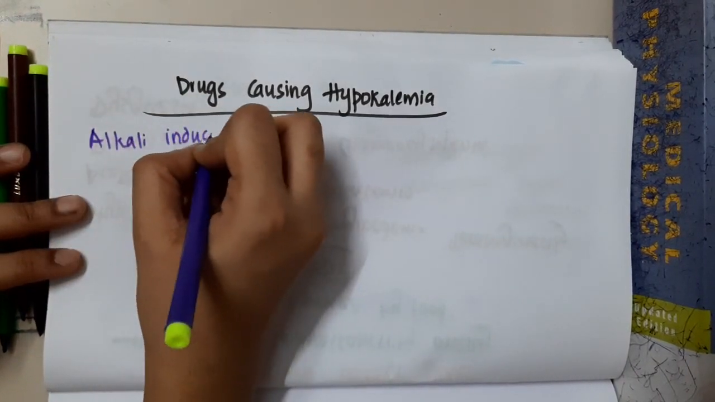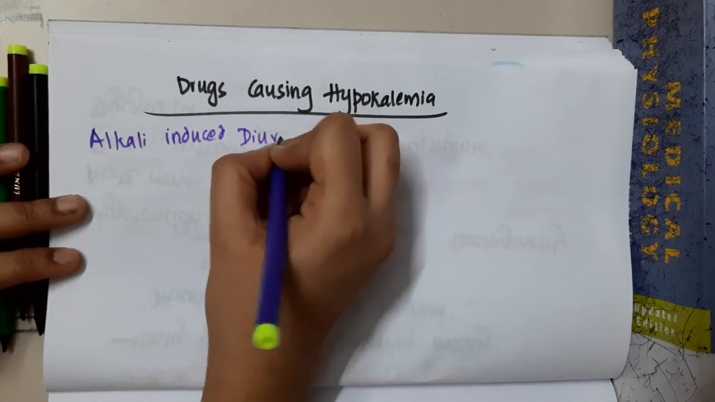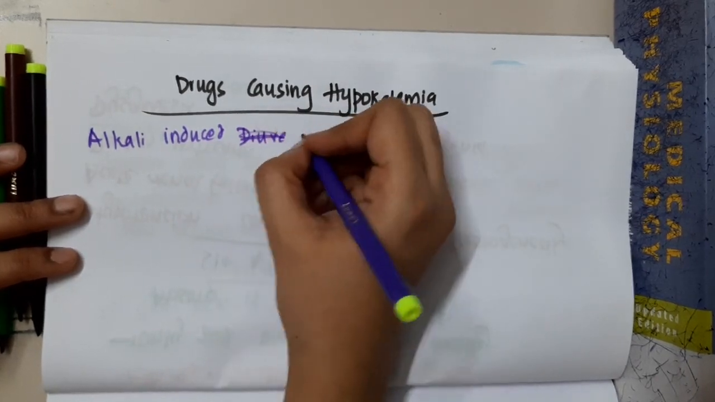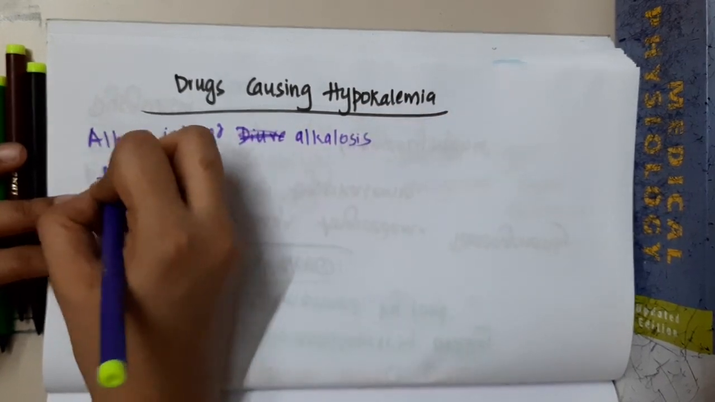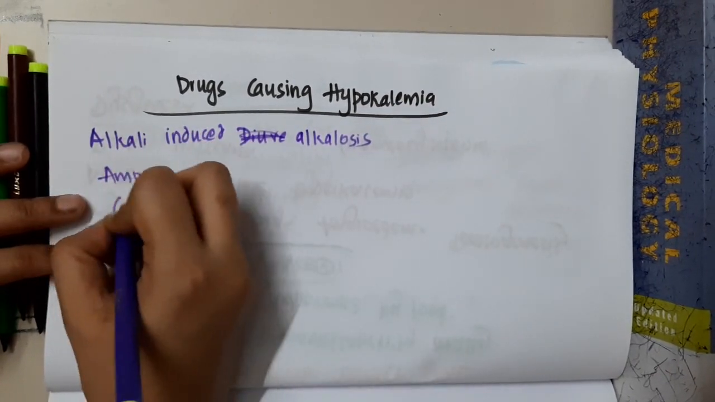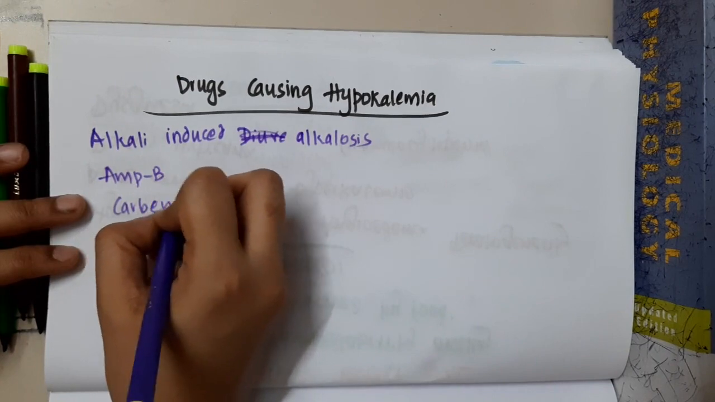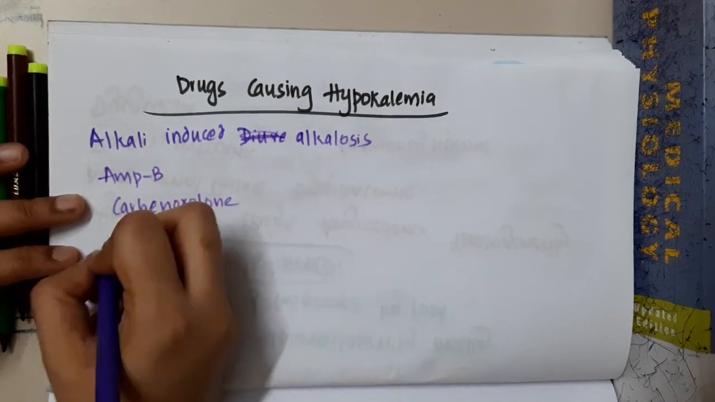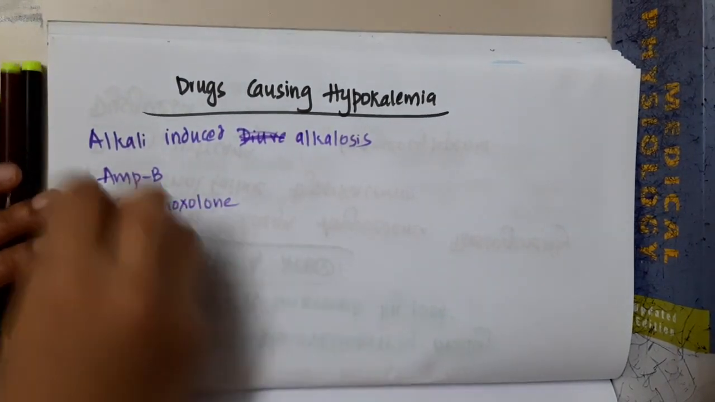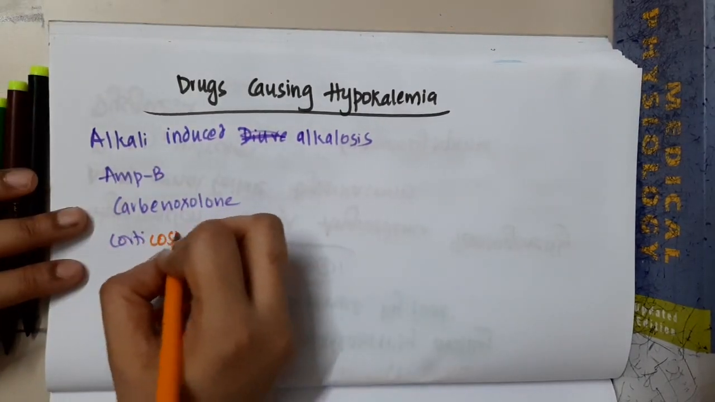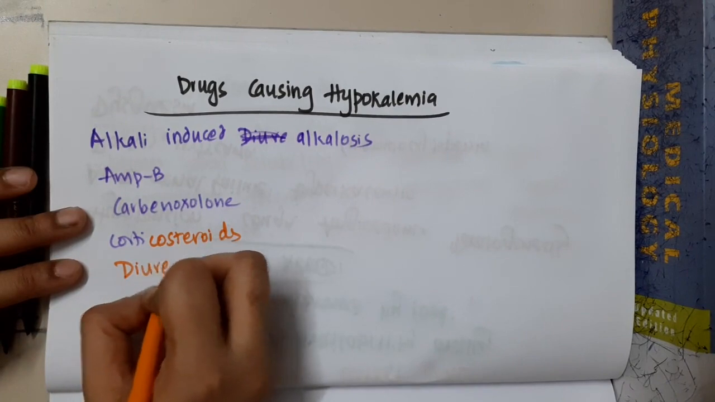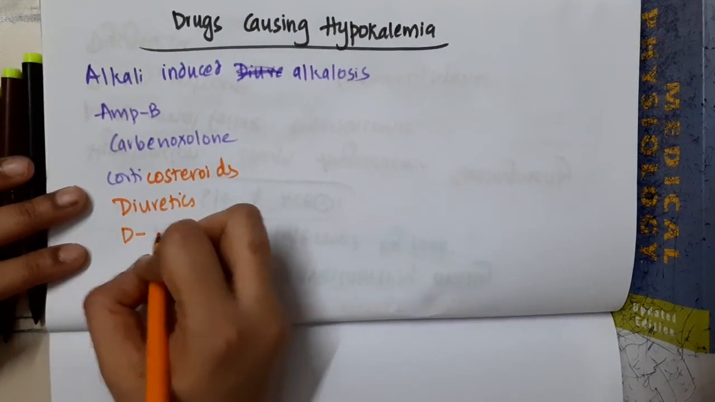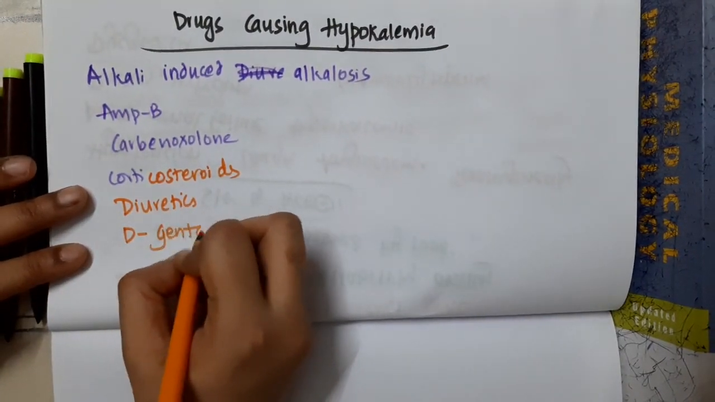alkali-induced diuresis. Obviously, in diuresis there will be hypokalemia. Alkali-induced alkalosis. Then we have amphotericin B, carbenoxolone. Then we have corticosteroids, diuretics, gentamicin,